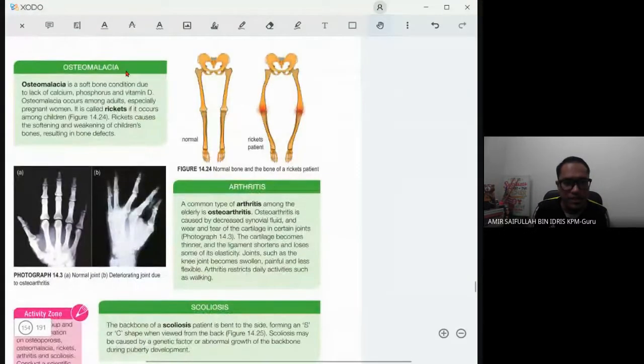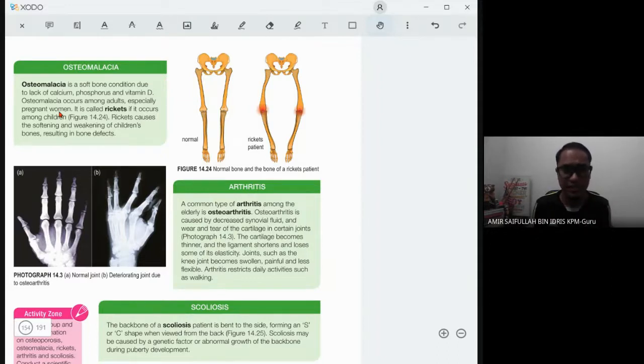Next, osteomalacia. Malacia is the curve of the bone. The bone becomes curved. Okay, so it's the soft bone condition due to the lack of calcium, phosphorus, and vitamin D. So you see, the legs become bent, curving down. So osteomalacia occurs among adults, especially in pregnant women. Pregnant women usually lack these vitamins because they share with their baby. So the mother will lack